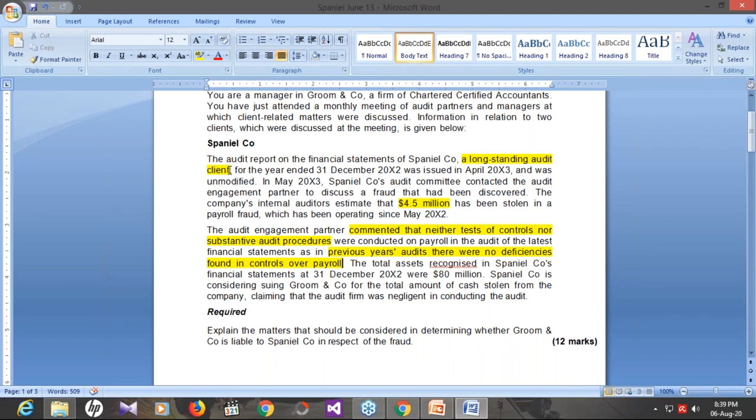So there is a chance that the auditor may be found negligent. This is a relatively easy question, but if you don't know the relevant ISAs and you don't have a grip on ISAs, you will not be able to earn good marks by just relating the data. So the most important logic here is the ISA. Why the auditor needs to apply tests of controls, why the auditor needs to apply substantive audit procedures, why the auditor needs to consider payroll and the happening of fraud or the impact of fraud.